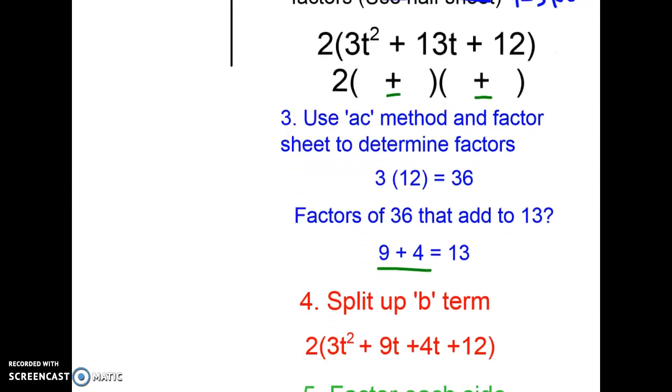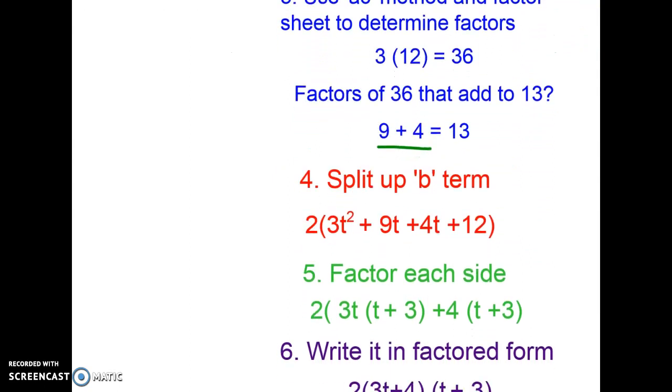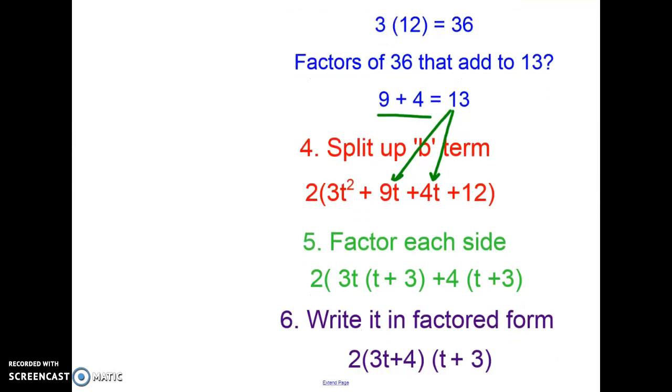Step number 4 would be split up the b term. So we're taking that 13 and we're splitting it up. And I would prefer to have the 9 with the 3 because of the common factors, and the 4 with the 12. Then number 5 is probably the most difficult step: